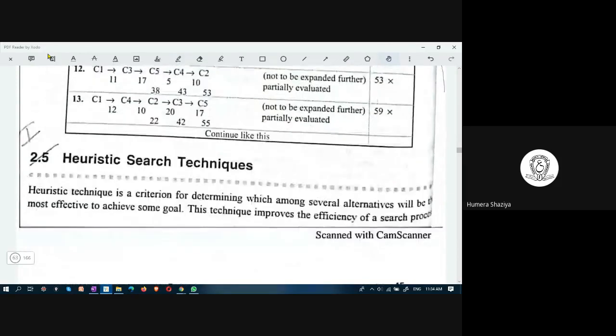It is necessary to come back to C1. Here you are not coming back to C1. So here it is cross. This is also cross, and this is also cross. And this process might continue. Whatever options you can generate, you have to generate, and then you have to continue this process. So far, for 10 options, 48 is found to be the best one. This is one way of doing the traveling salesman problem.